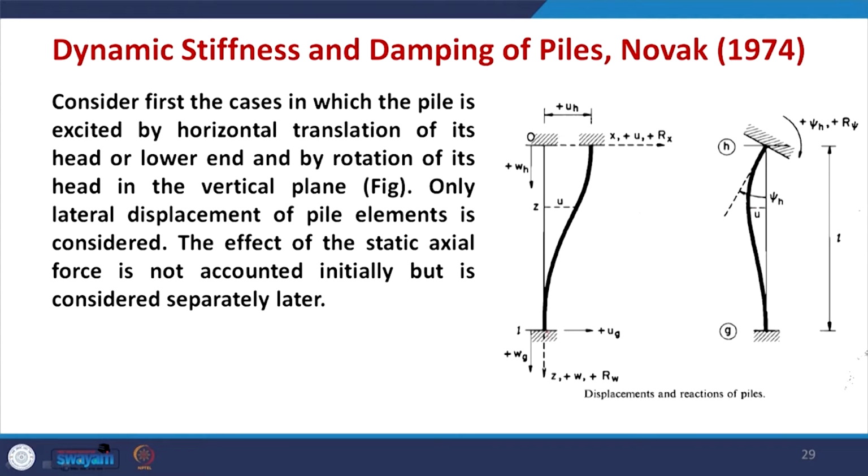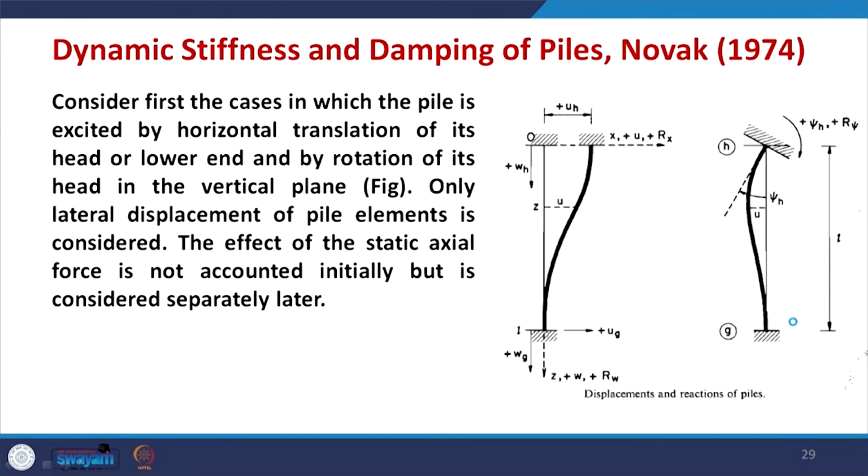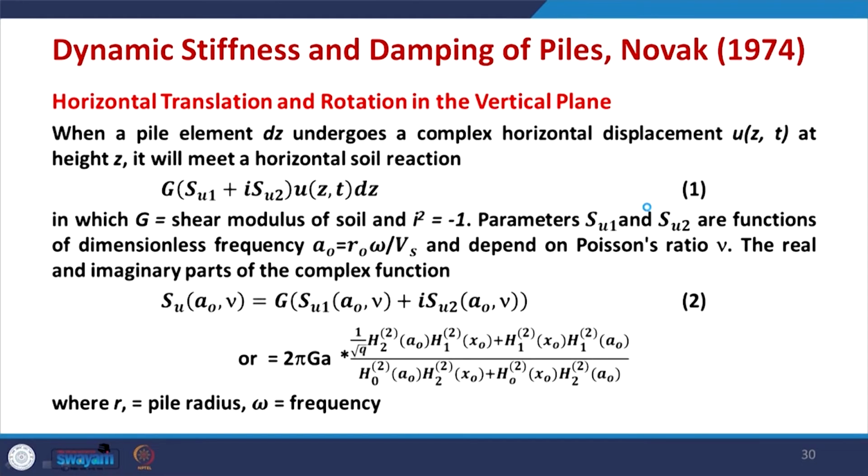And this effect was studied later on by Novak. What in the first case is called horizontal translation and rotation in the vertical plane. So, in the vertical plane this is horizontal translation and rotation, and considering this case, when a pile element dz undergoes a complex horizontal displacement, which is called u(z,t) at height z, it will meet a horizontal soil reaction. So, if this is the displacement, and basically our unknown is this,